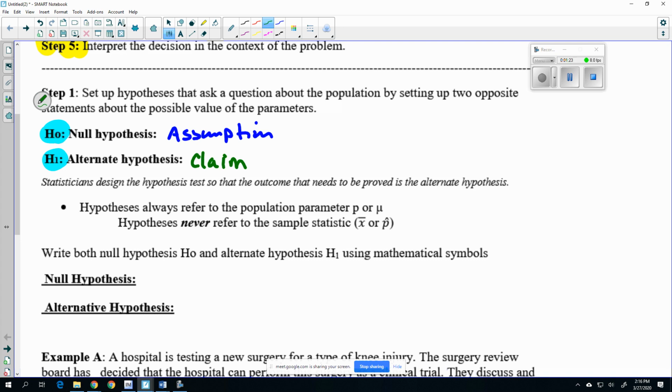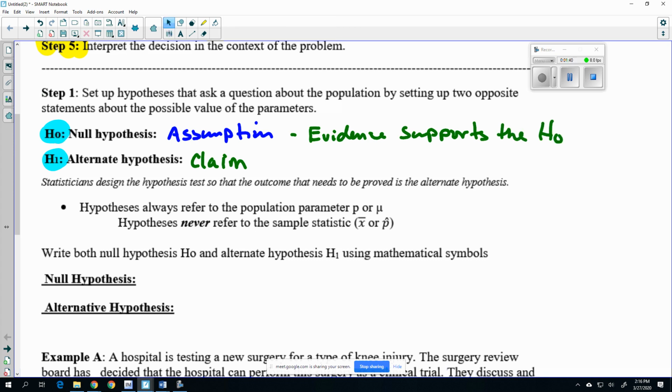So what we have to do is collect evidence. And with the evidence, we're going to ask to see if our evidence supports the null hypothesis. That's what we're asking. If it doesn't support the null hypothesis, then we're going to go with the alternative. But notice everything is based upon the null hypothesis. So not only do you need to know H naught or H sub 0 and H sub 1 is the null and the alternative,